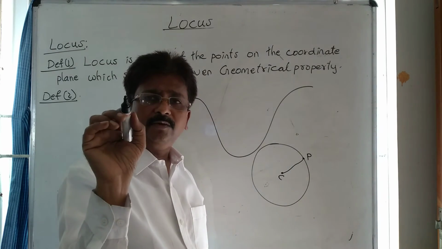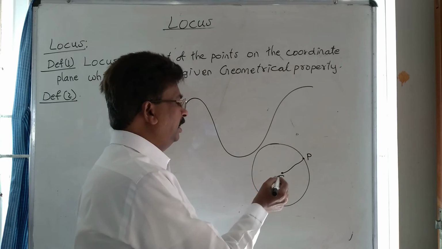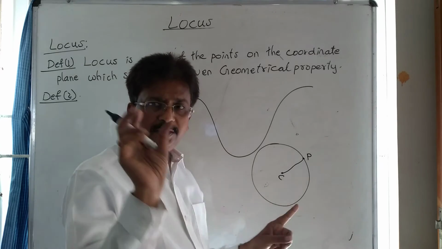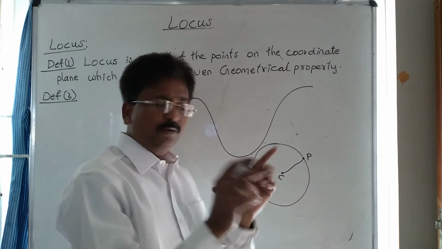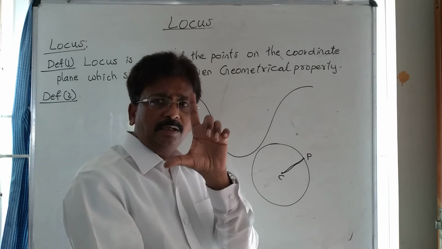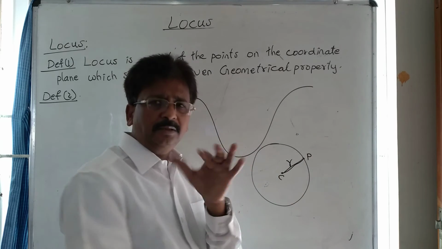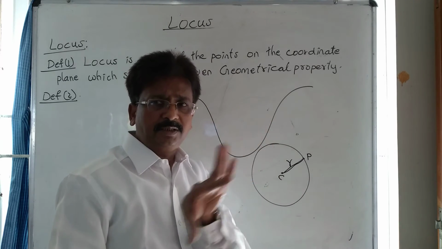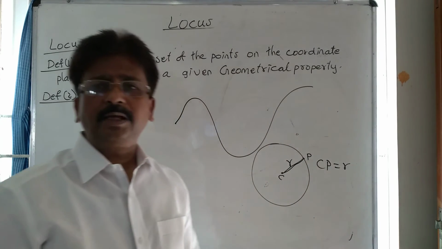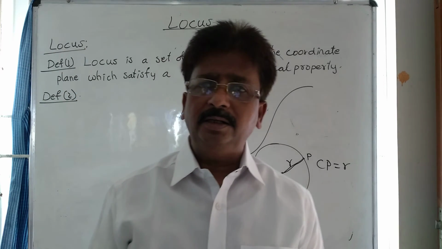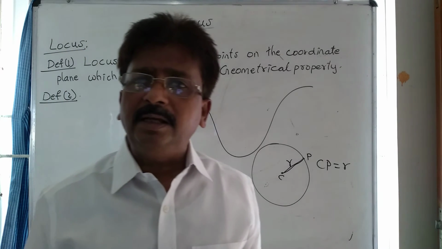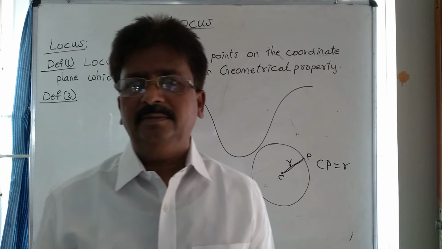Suppose this point, your pen, is the point P, and the leg, the pin, is at the point C. Now this is the fixed point, and this is the moving point. Now the distance between C and P is the same constant. That constant, if you measure it as R, ఎంతో కొంత ఉందనుకోండి, ఏదో డిస్టెన్స్ 4, 5, 6 ఉంటుంది, ఏదో R అనుకుందాం. Then CP is equal to R. The point P moves such that CP is equal to R gives the circle. So the condition for the moving point P is CP equal to R. Okay.